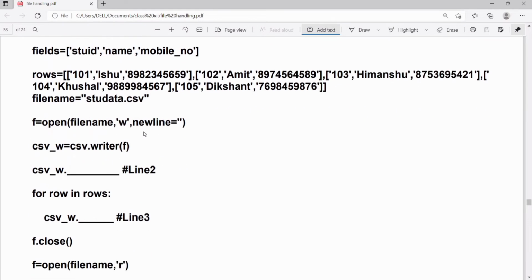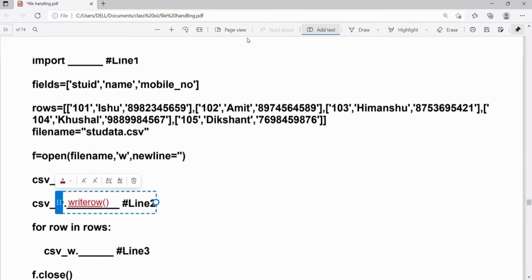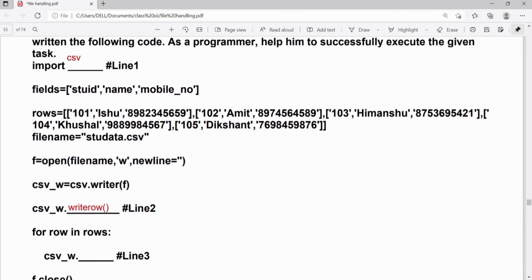csv.writer(f). The writer object is important to convert the received user data into the form which is appropriate for the CSV files. There are two functions to write in the CSV file. One is writerow, second one is writerows. A writerow function writes one row of data into the writer object, and writerows writes multiple rows of data onto the writer object. Here we want to write only one row of data. For that we have to use the writerow function.